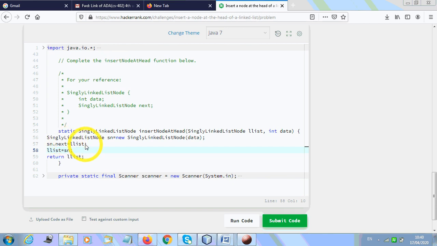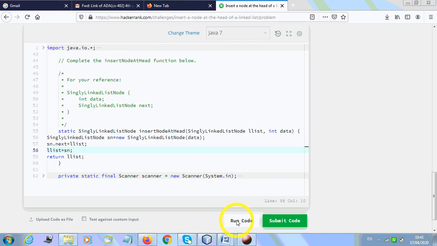Simple. The logic is very simple. Try to get it. We have made this node itself. Okay, so the next of node is going to point what? This list itself, and next of this node is going to point this list. Why? Because list is already pointing the data itself. So the next of this node, that will become the first node. It is going to point all the elements which are already linked with this list. Okay, and now this node will get pointed by this list. This will become the first element, and we are going to return this list.